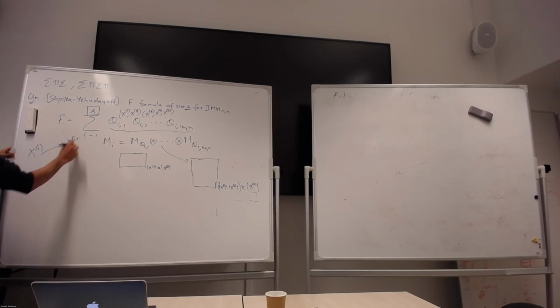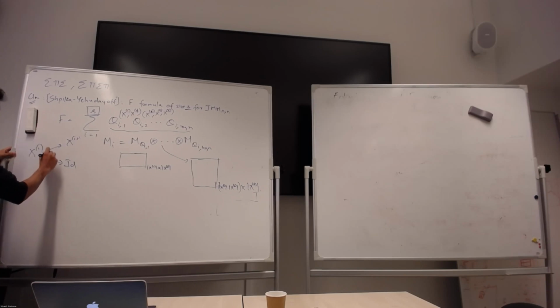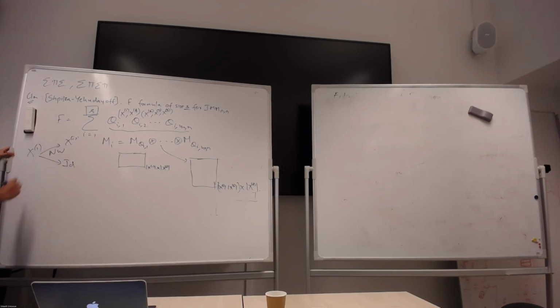We were leaving this matrix alone, or we were setting it to the identity matrix. That is all we were doing in Nisan-Wigderson. But now we're going to do something else. So this is NW. But now what we're going to do is we are actually going to project this set